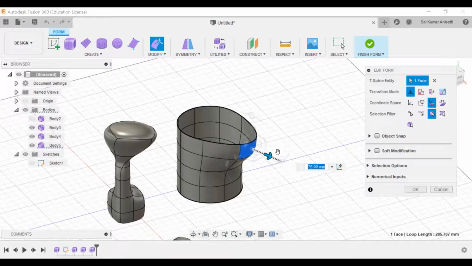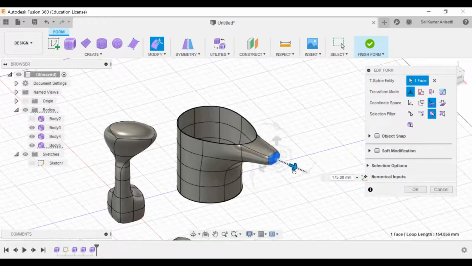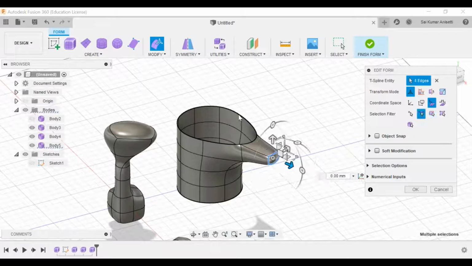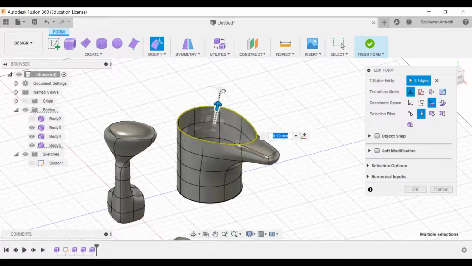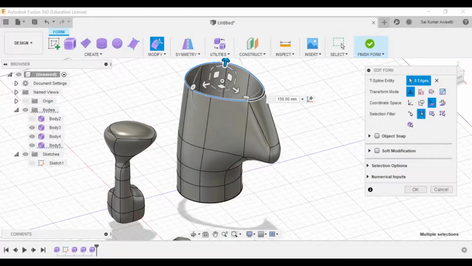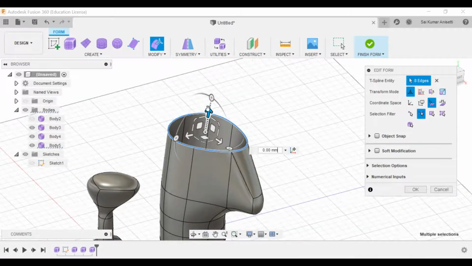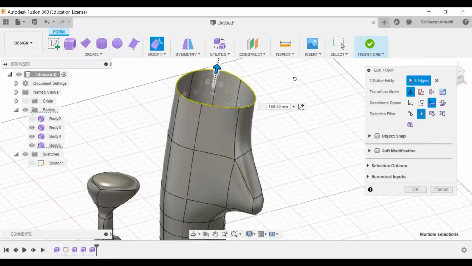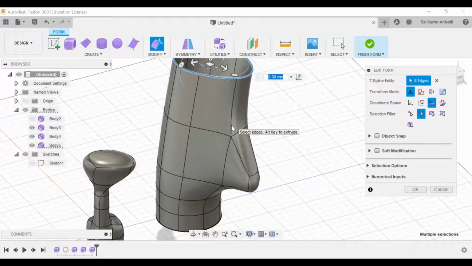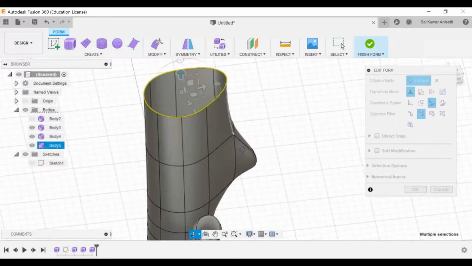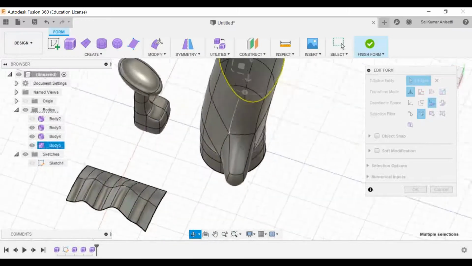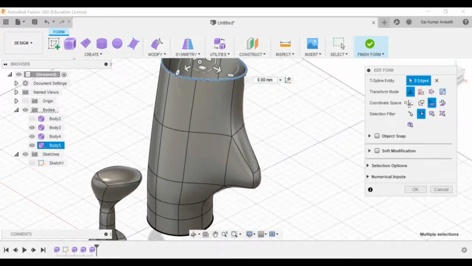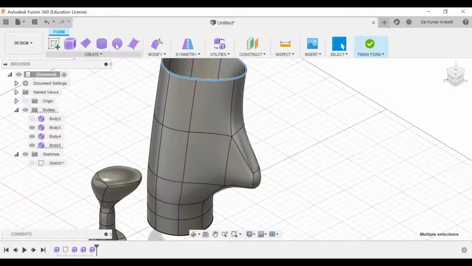Now, if you want to add material, make sure the option is Alt. Press Alt and modify it. If you want to select any given edge, double click this particular edge and move it all along. If you want to add material, press Alt and add material all along. So you got a cool shape from these designs. Click OK once you are satisfied with your spline.